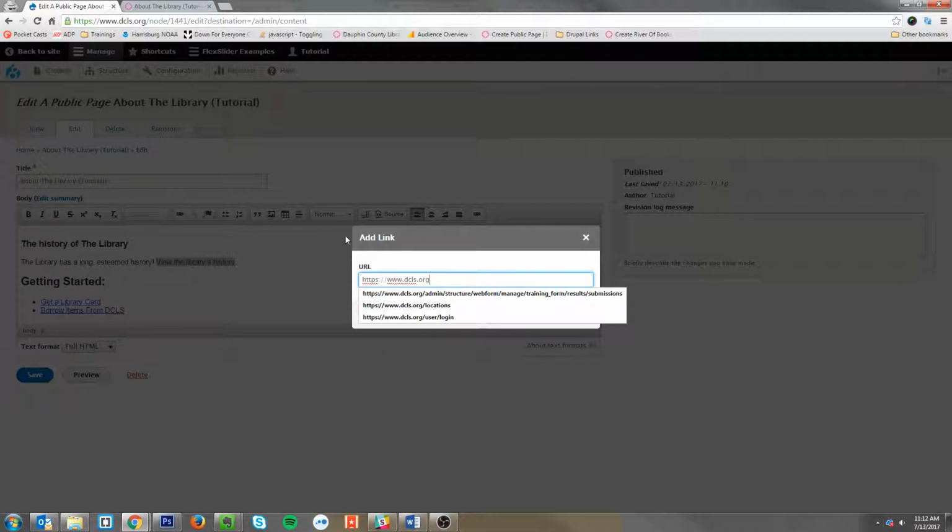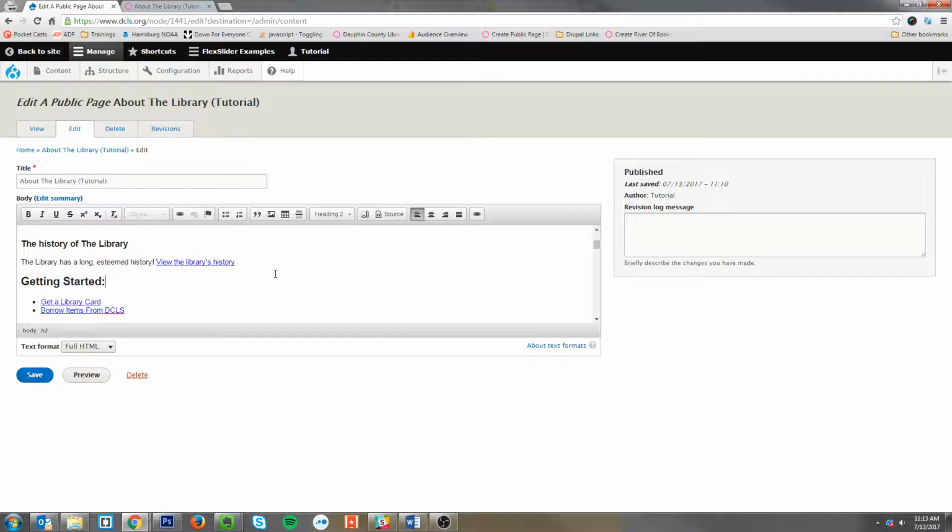So, you'll see you have the URL here. And say we want to link to a fictional page called dcls.org/history. So I wrote this entire URL. Remember, you have to put the www. and the https in front of it. So there it is, and I click save. And voila, there it is. It's a link. So I'll click save here, and we'll take a look